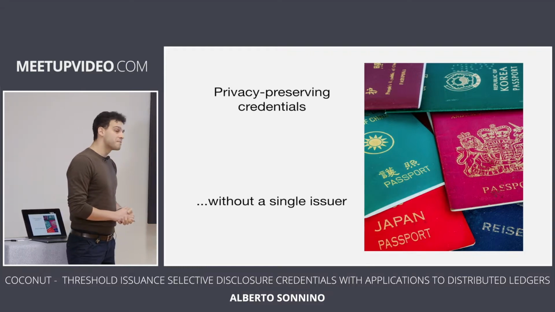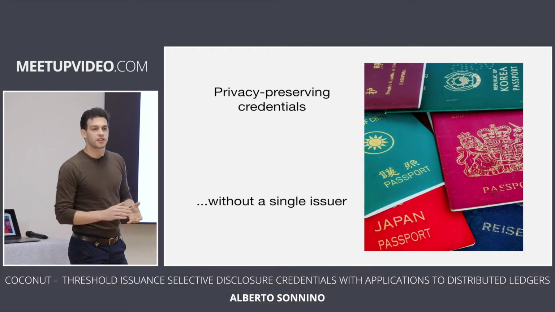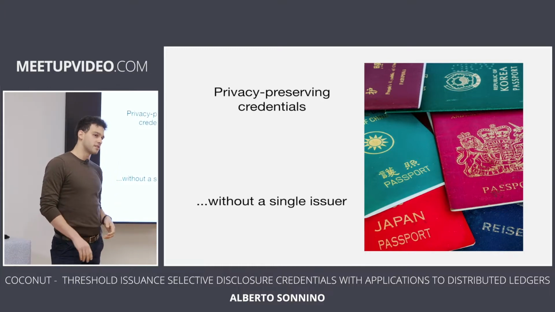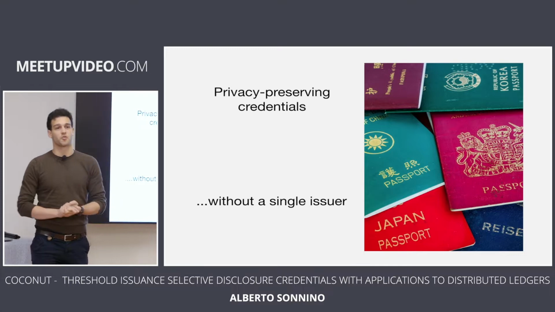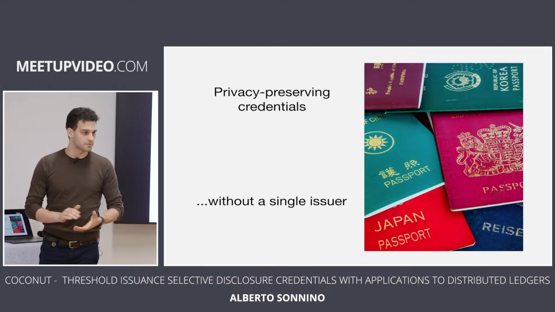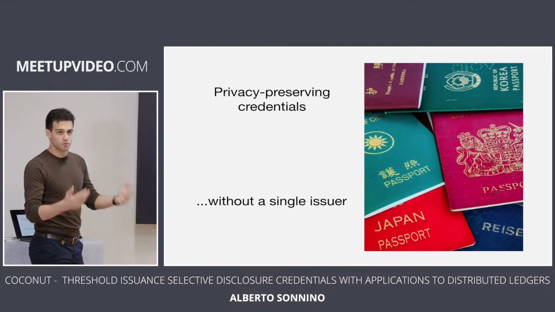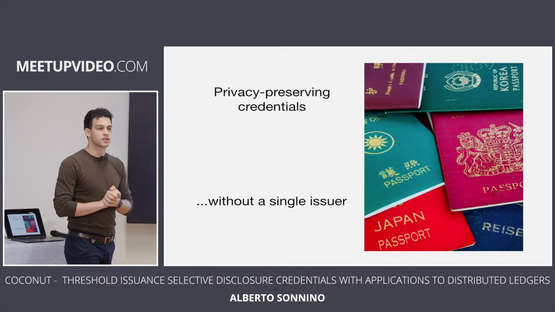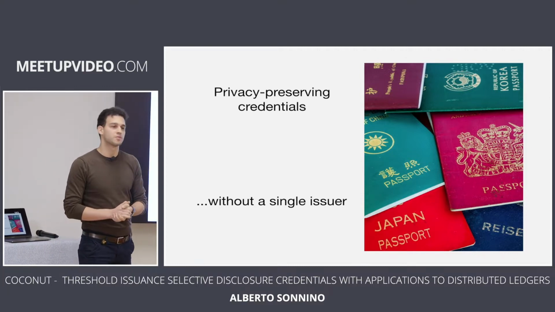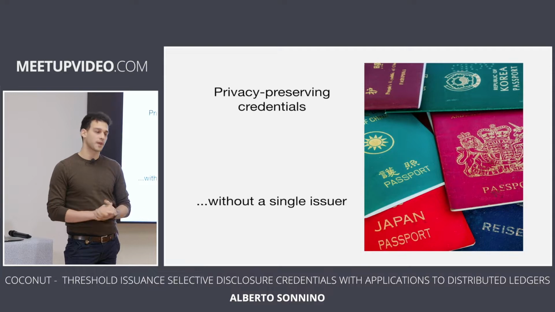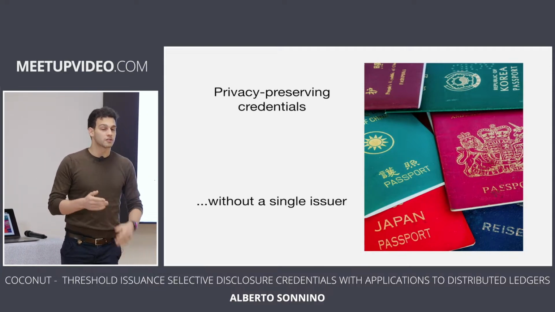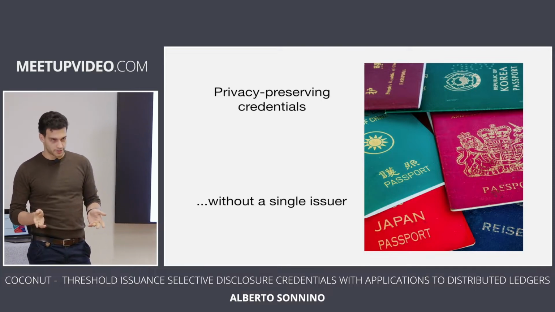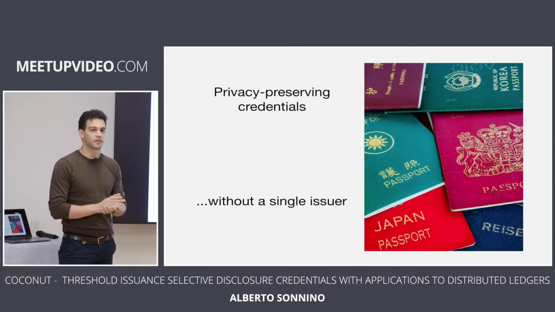Imagine that you would like to have some credentials. We can take the example of identity, as it's one of the biggest examples with credentials. Say you have an identity card or a passport, and you go to a bar. Sure, you can show it to them in order to be allowed in, because you should be older than 18 to be able to drink. Fine, but if you do that, you will reveal your age. The bartender will certainly know you're over 18, but then you also reveal your name, your address, and a lot of